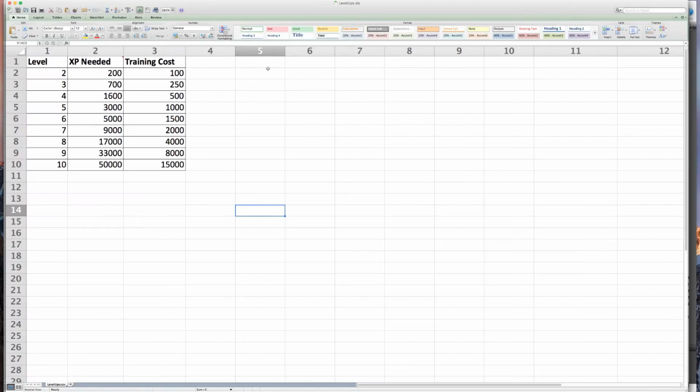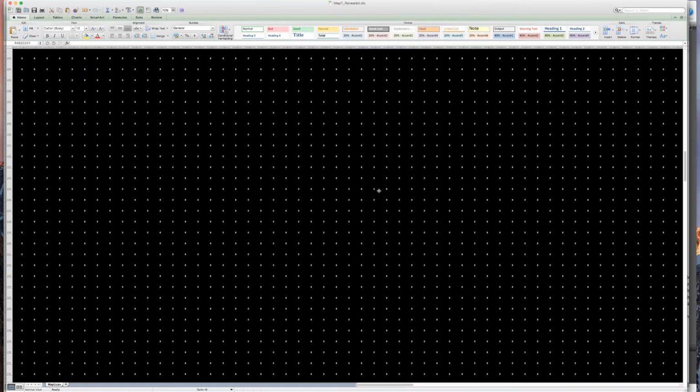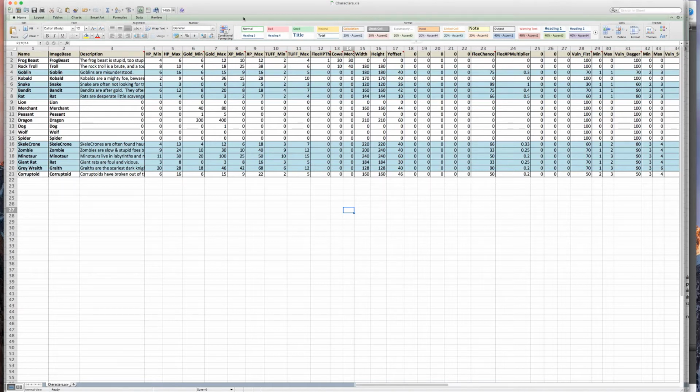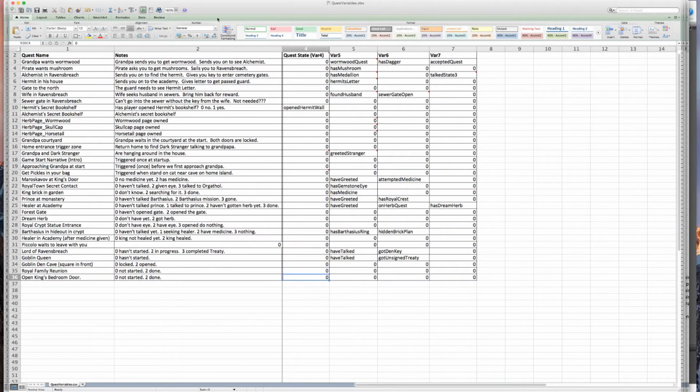Let's just have a look what we've got here. This is also, you can level up if you have enough XP and gold. That's the training cost and the XP cost. That records what map tiles you've revealed. They're all the creatures you can encounter. Okay, so the quest variables, basically these are all the quests that are in the game, and this is